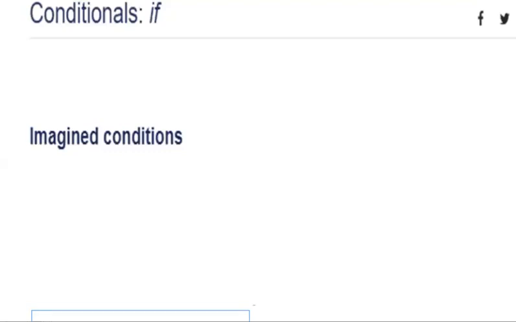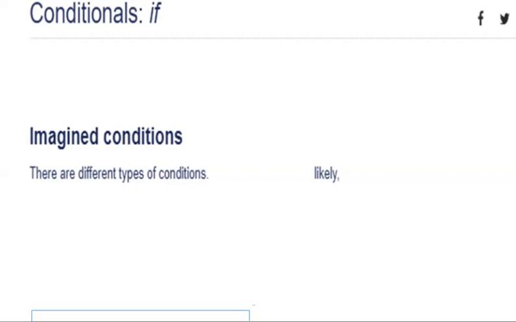So there are mainly three types of if command conditions. A fourth is also there, but we will study only the three types which are necessary to know. The first one is likely. Likely means there are two events which are going to happen. If there are more chances of the event to happen, then this will be known as the likely.